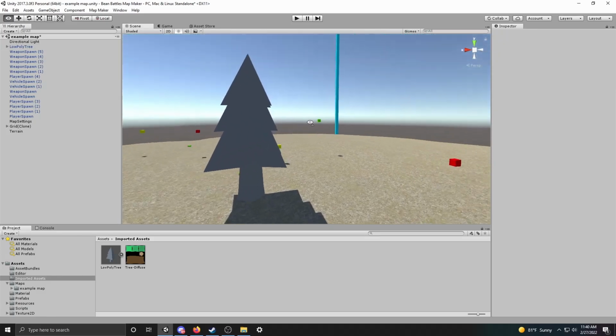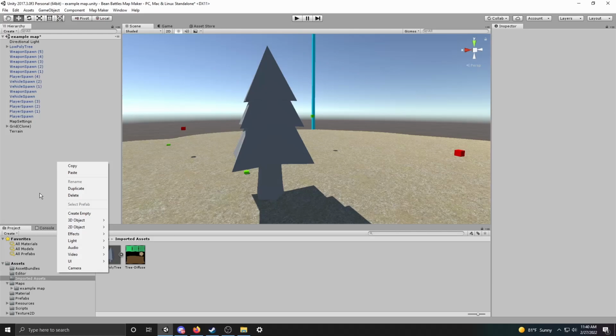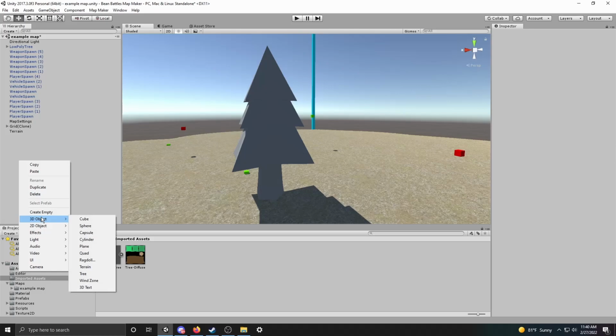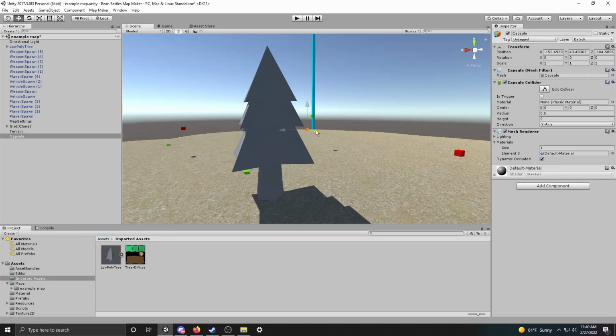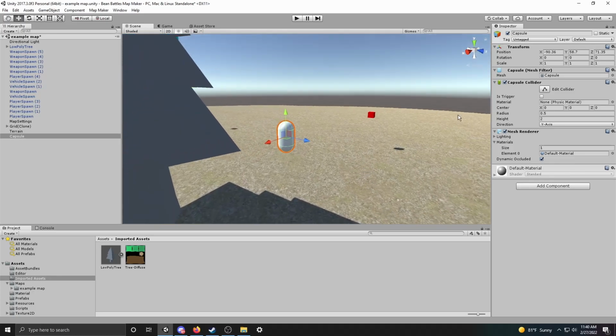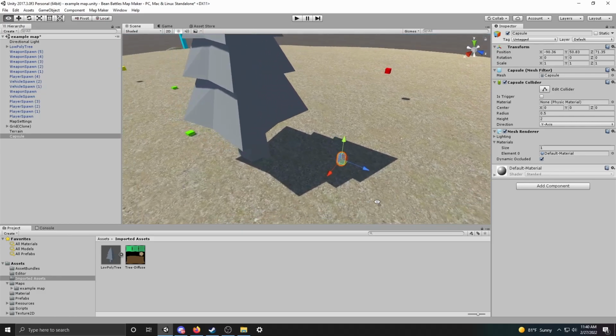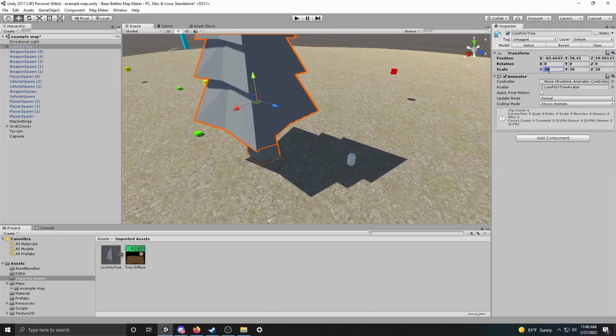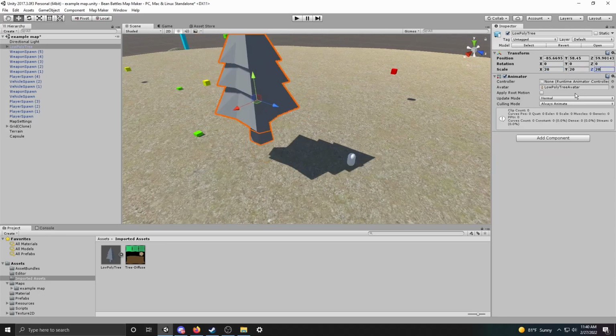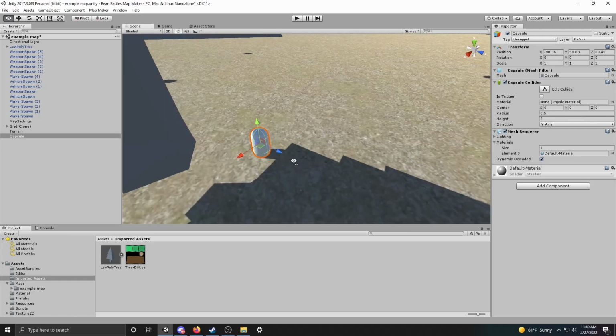And for reference on how large things are, you can go into this hierarchy here and right click, 3D object, capsule, and oh, it's kind of far away. This capsule is pretty much the size of a Bean Battles player. Make sure it's 1, 1, 1 on scale, and that's about how large a Bean Battles character is. So you can see this is a pretty big tree relative to the player. Maybe I'll lower the size a little to like 20 by 20 by 20. So we've got a nice big tree here,